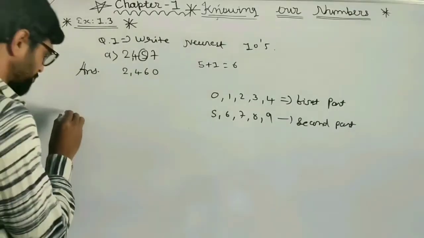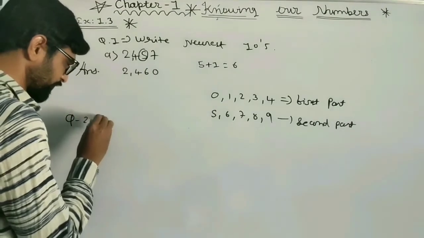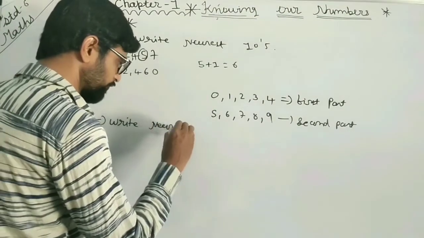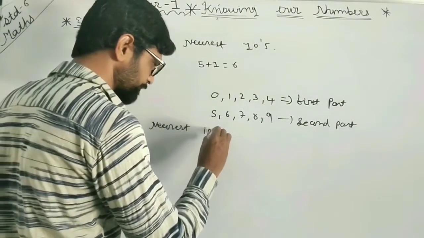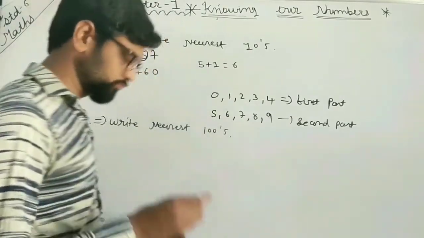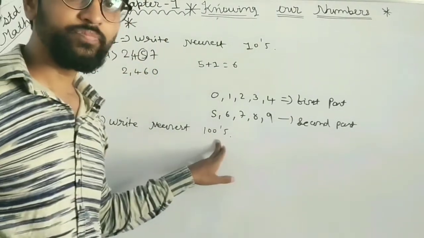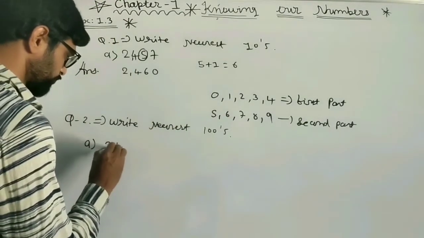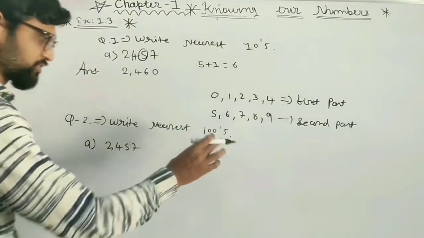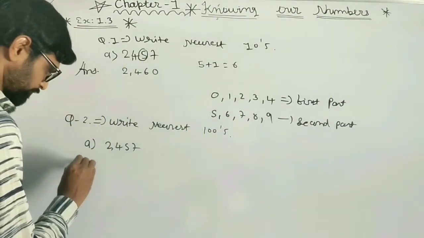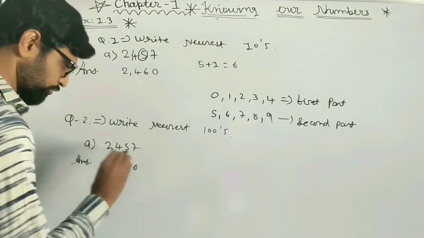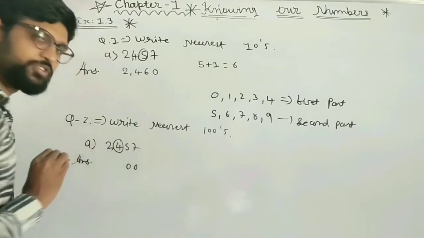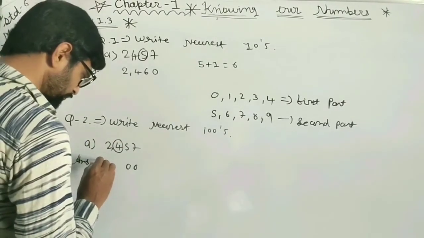Now suppose your question is like this. Write the nearest or round off nearest hundreds. Now see how many zeros are in the 100. I am taking again the above example, 2457. How many zeros are there? 2 zeros. So you have to write 2 zeros first of all. Then nearest 100 means we have to see the 100 place value. Is that clear to everyone?